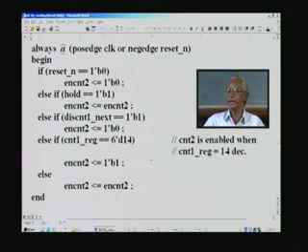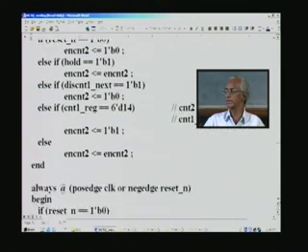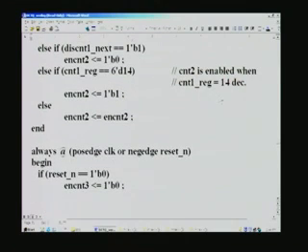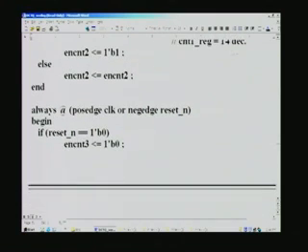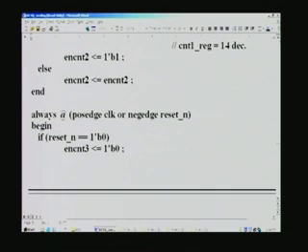Only then it will be the right time for enabling the counter 2 as well as the DCT reg. That is what we are doing here, and that is for 14 decimal. Likewise, we will be doing this for the different pipelines we have covered earlier. This is for the DCT reg here, and this will be understood very clearly when we look at the waveform.